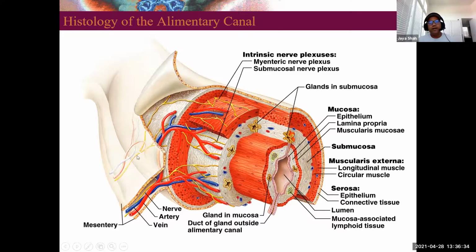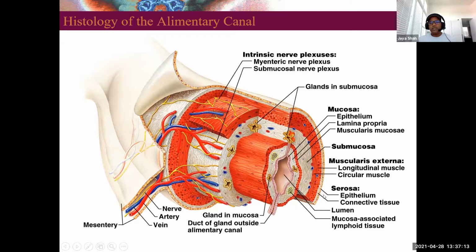So these are the histology of the alimentary canal. There are 4 layers: mucosa, submucosa, muscularis externa, and I left the outermost layer. The outermost layer is called serosa. Serosa is like peritoneum. Peritoneum is homologous to the pleura of the lungs. You remember the lungs were covered by pleura. Similarly, our GI tract is also covered by a similar serous membrane that is called serosa, which is epithelium and connective